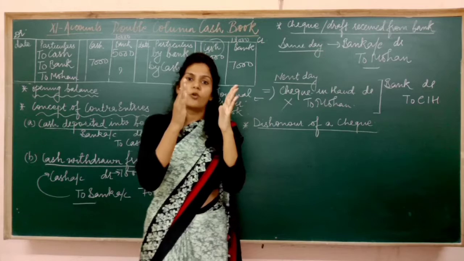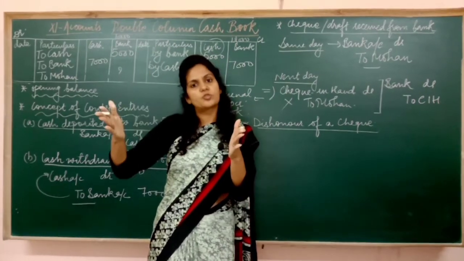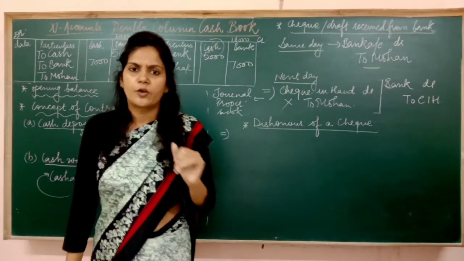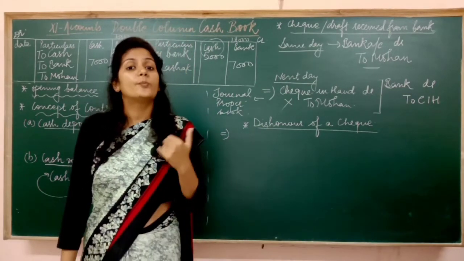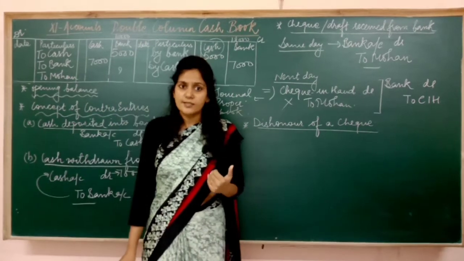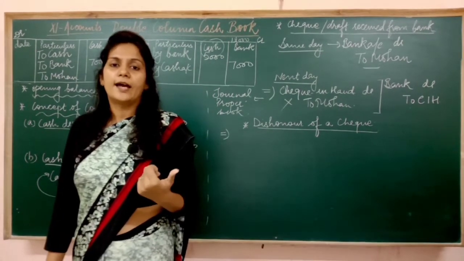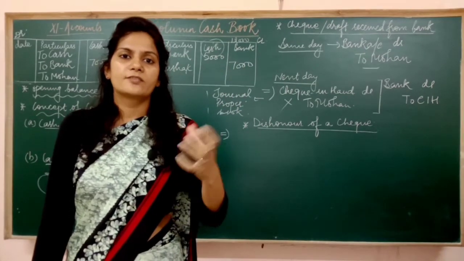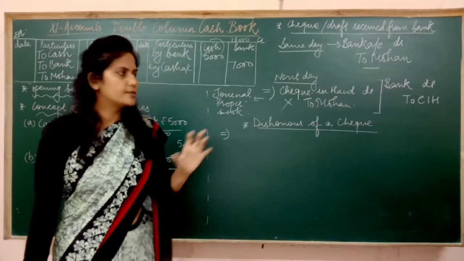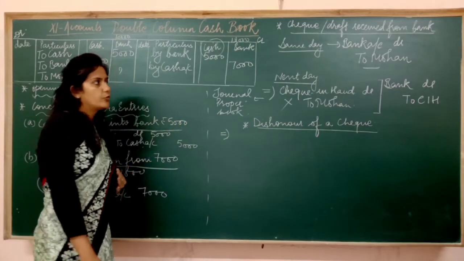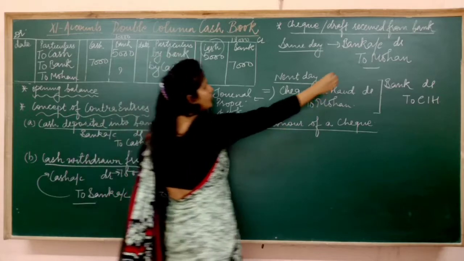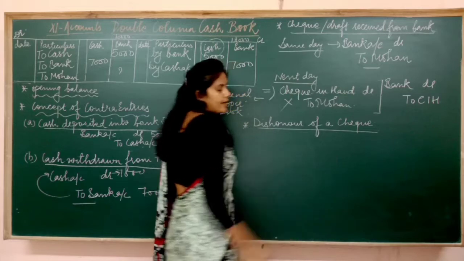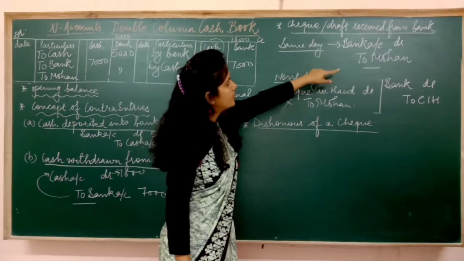If the bank has dishonored this check, it means that the bank has refused to add this money to your bank account. Bank ने बोला, I can't deposit this 5,000 in your bank account. Why? There could be multiple reasons, and we have already discussed those reasons in the previous videos. Suppose the amount is wrong, the date is wrong, the sign is wrong, the sign is not matched. Fine. So because of such reasons, the check gets dishonored. And what entry are you going to pass? See, if I talk about this entry, कि आपको check मिला and the same day you have deposited that check into the bank, then you will pass the entry bank to Mohan.